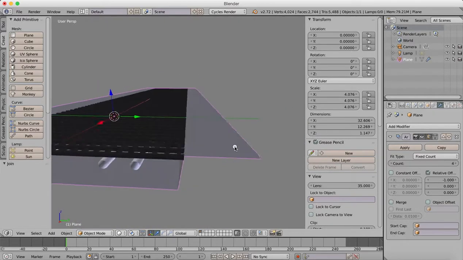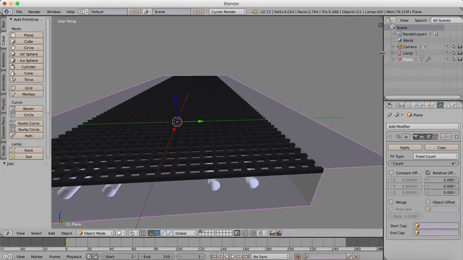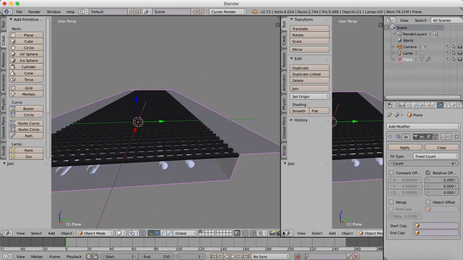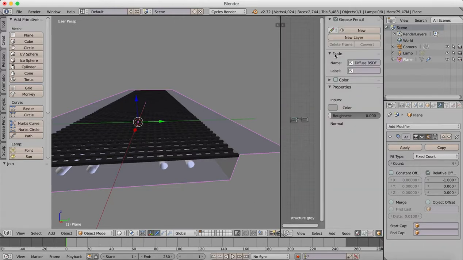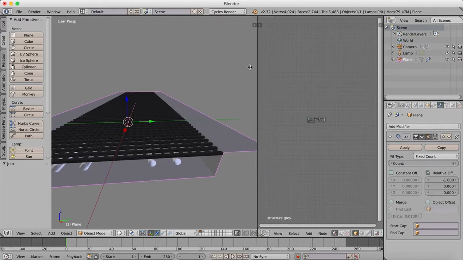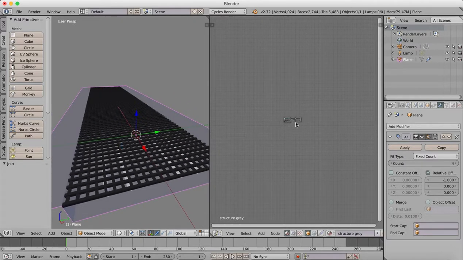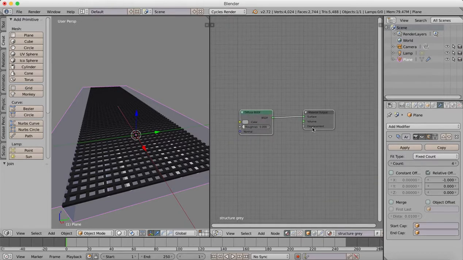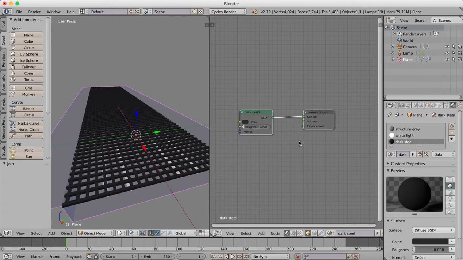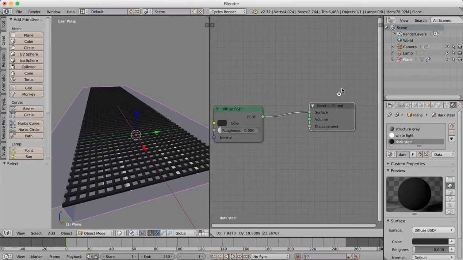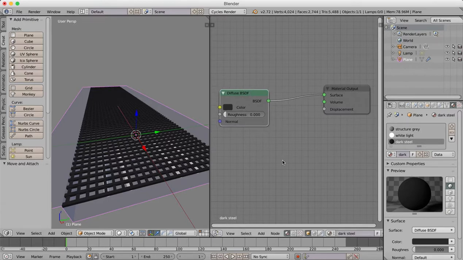Now we're going to add in the very basic textures. So I'm going to drag open a new window here, and I'm going to change this into Node Editor. Now in our Node Editor here we can begin to add and build up our textures. First of all, we will go into our textures here, and we're going to select our dark steel. Now we want some reflectivity to this. So in our material output here, what we can do is begin to add in nodes, and this will add features